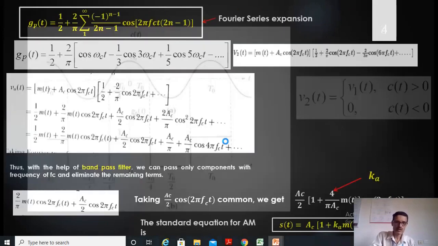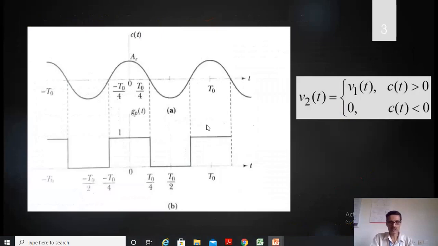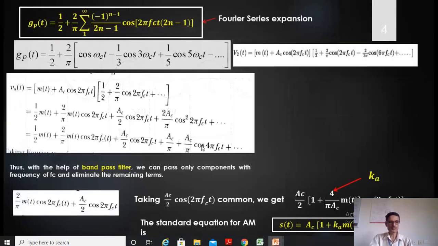Now, we will derive an equation in the time domain. Then later we will go to the frequency domain. So we have used the Gp of t, which for these particular values is from minus t0 by 4 to plus t0 by 4 with the magnitude equal to 1, equally divided around the origin, 0. Now for this particular case, I can write a Fourier series expansion of such Gp of t given by this particular equation, that is 1 by 2 plus 2 by pi summation,